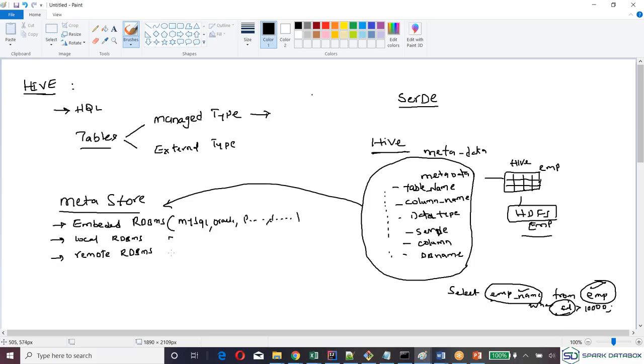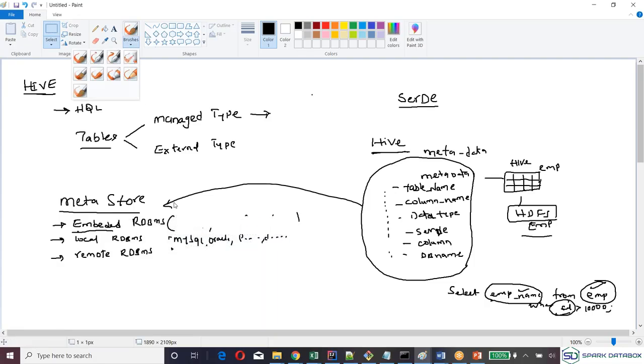I'll explain one by one. But for now, embedded means it comes along with Hive. You really need not install it externally. It's attached with Hive. That is Derby. Others cannot be used here, but when it comes to embedded, it's Derby.